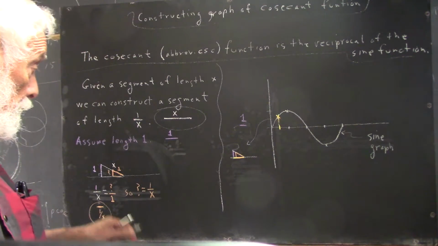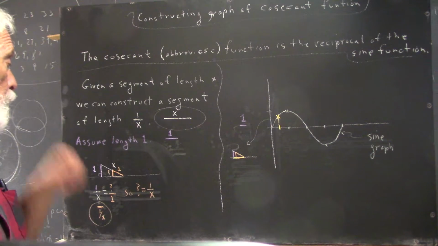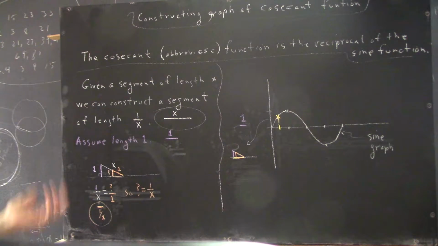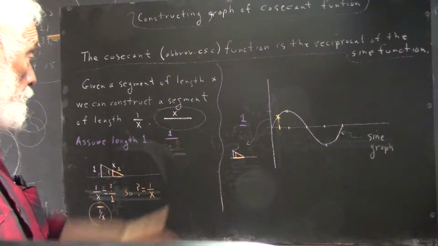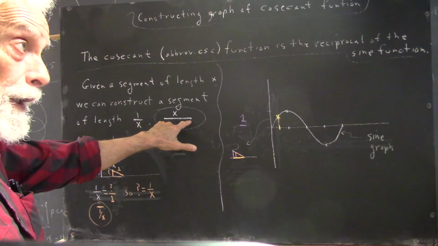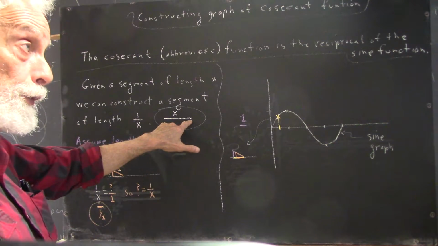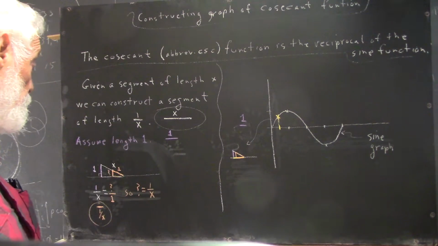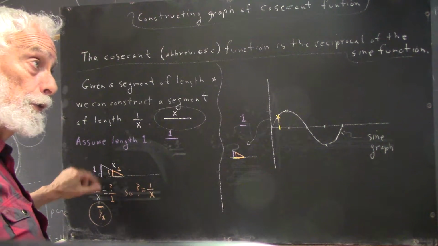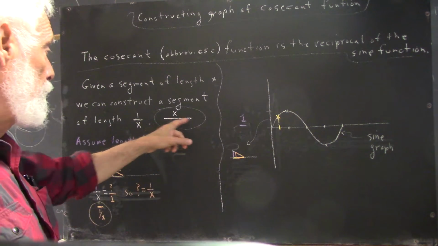Okay. We're going to use what we saw here to construct the cosecant graph. Now, one thing I did here that was not a good idea, though it worked fine for the situation we had: I put the length of our x segment, the length of our known segment, on the hypotenuse, and then I put the unit length on the vertical leg. That works fine, except that the length of our known